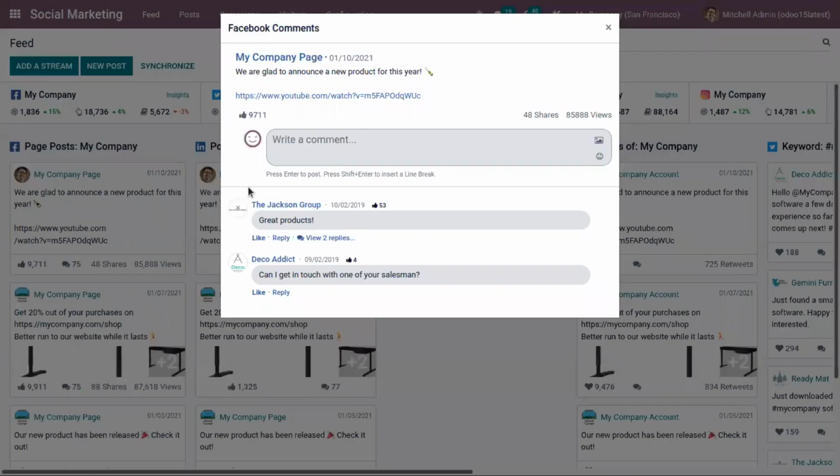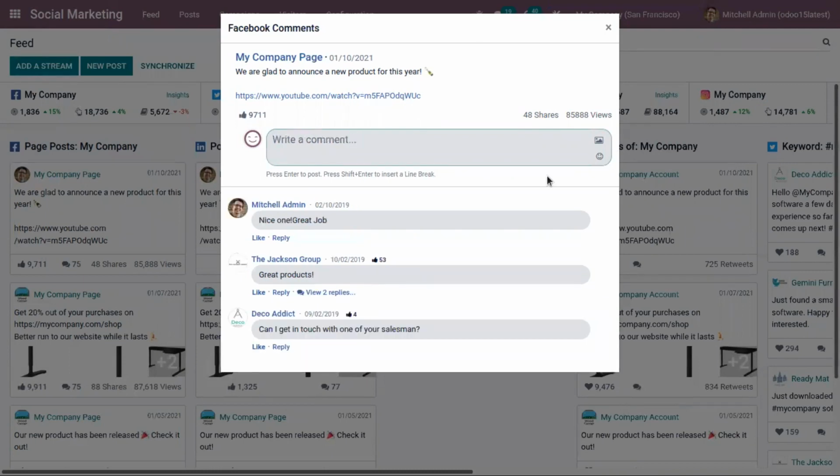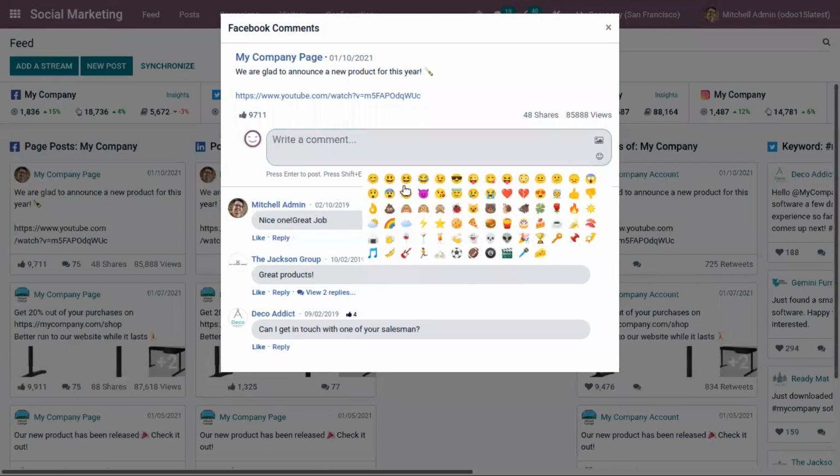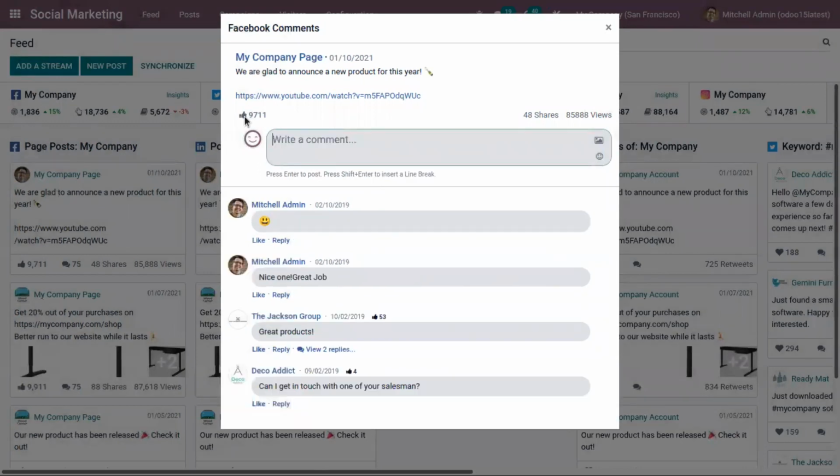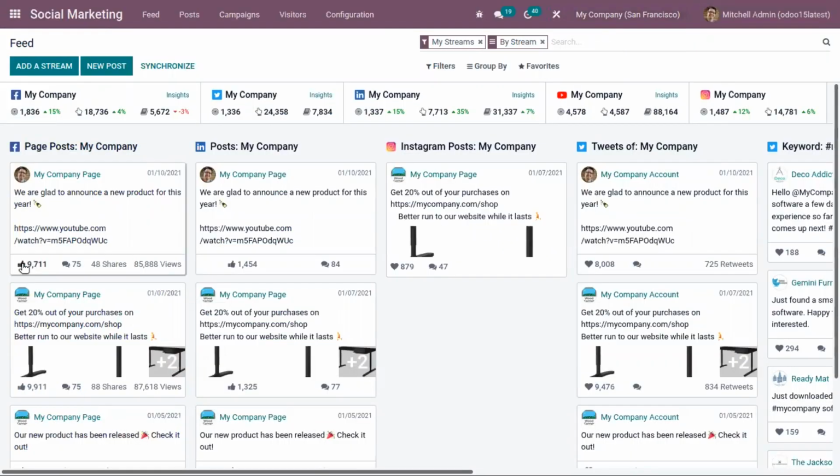When you click on this, here we have the option to add comments. Then we can like a post.